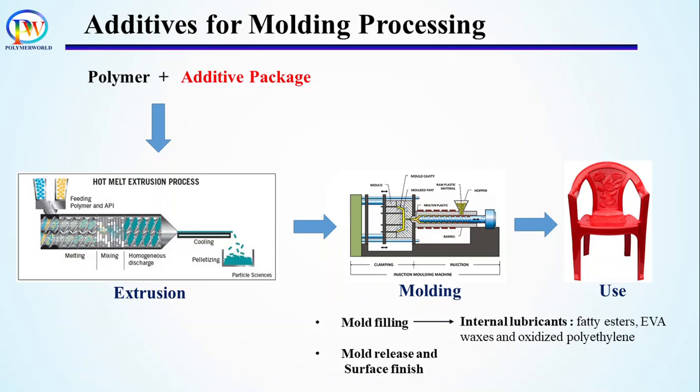For mold release and surface finish, mold release agents are added. It reduces the adhesion between polymer and mold surface. The common examples of mold release agents are silicone oil, graphite, zinc stearate, and molybdenum disulfide. Use of these additives helps to improve the molding process and also reduces the cost by minimizing the defects and stoppage